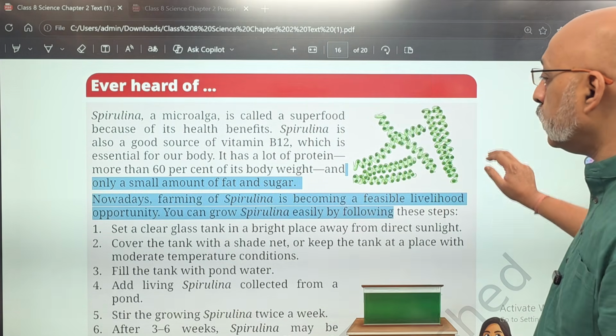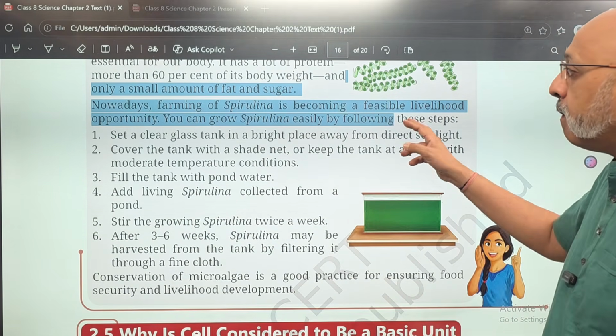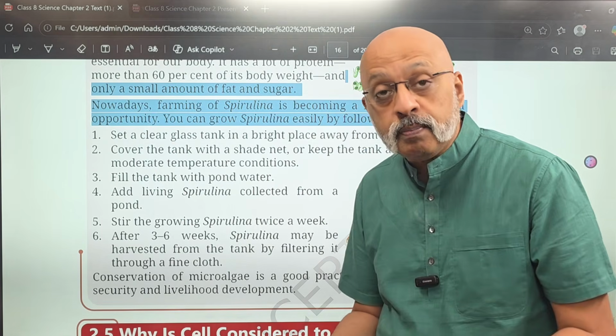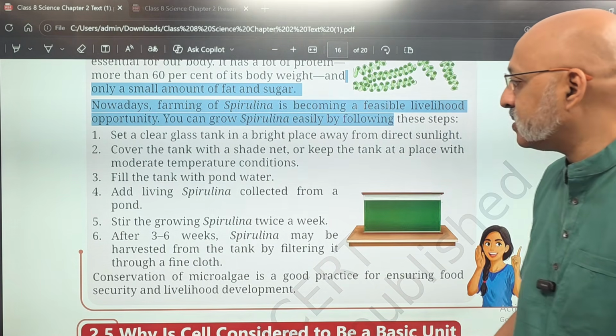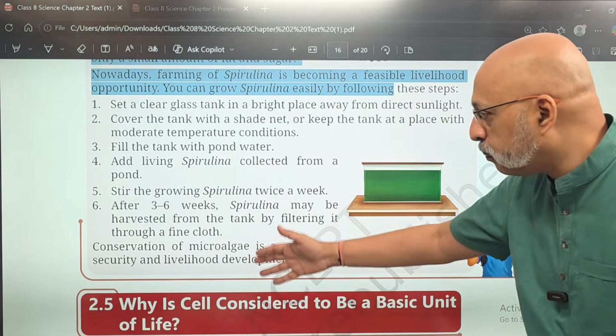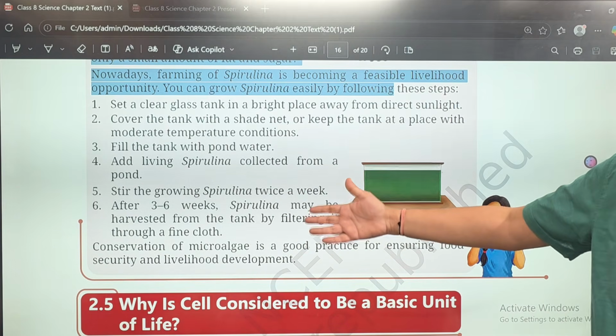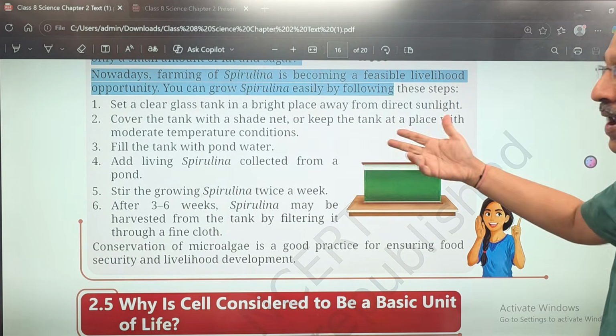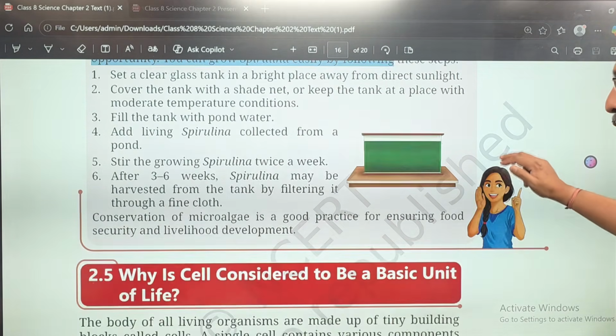So what people do is to grow spirulina now, because then you can sell it and actually make money, because people are buying it as a superfood. So this is the process of actually growing spirulina. If any one of you is interested, you can actually try this out at your home if you have the